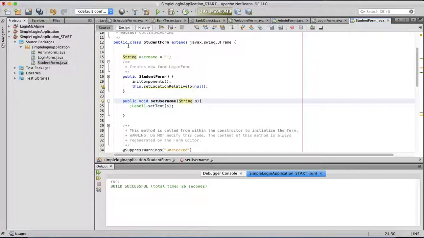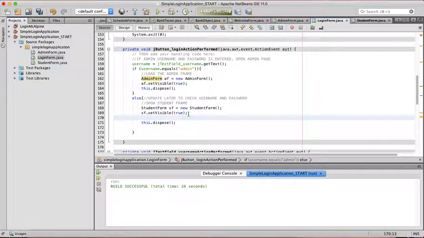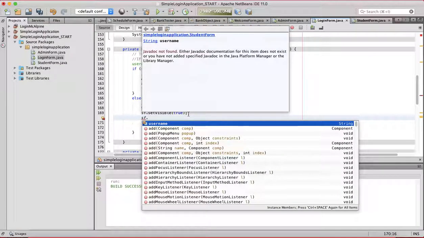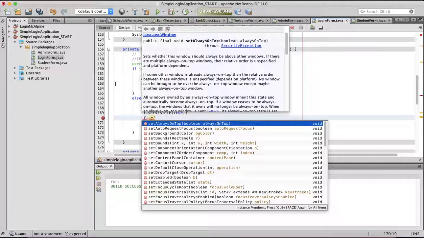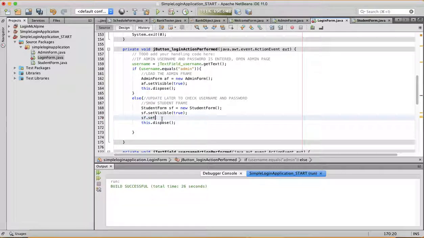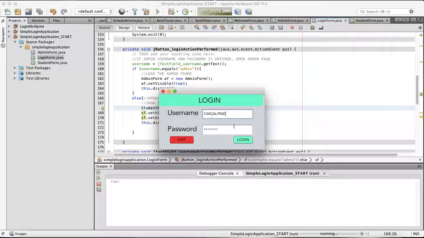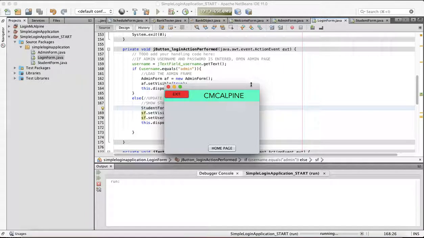So now what we can do is, when we use the login form, whenever we create this new student form, we can do sf dot set username. Now I've forgotten the name of what we called it. Yeah, set username. Set username equal to username, and this time when we run, the username that we've used should hopefully be displayed at the top